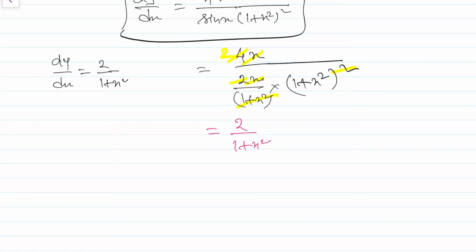So don't worry if you are not getting the answer given in the book, especially when there are trigonometric functions involved. Just check your steps or method. If everything is okay, it means that your answer is correct. Or if you want to find the answer which is given in the book, you have to manipulate or simplify your result. So that's it in this video.